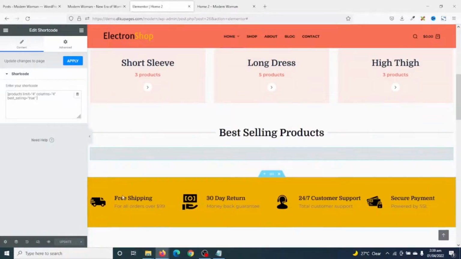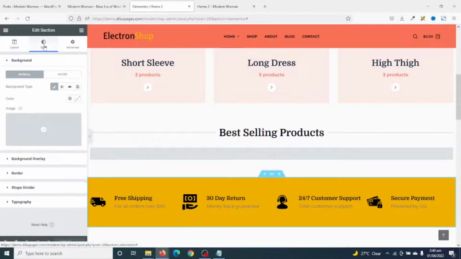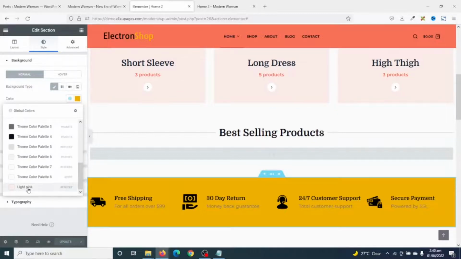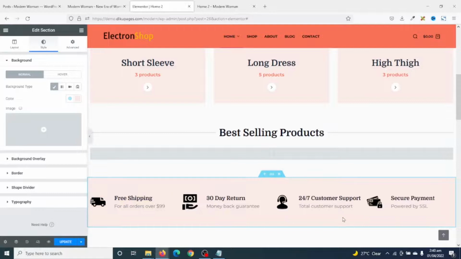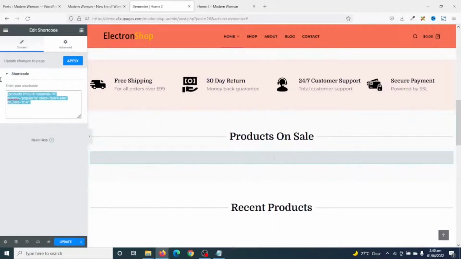Next is the free shipping money back guarantee section. All I need to do is change the color right here. So I click on edit section, then I go over to style, and I'm going to go ahead and use this pink color. So I click on the globe icon, then I choose my light pink. Perfect. Going down, product on sale is also using a short code which is already there, so we don't need